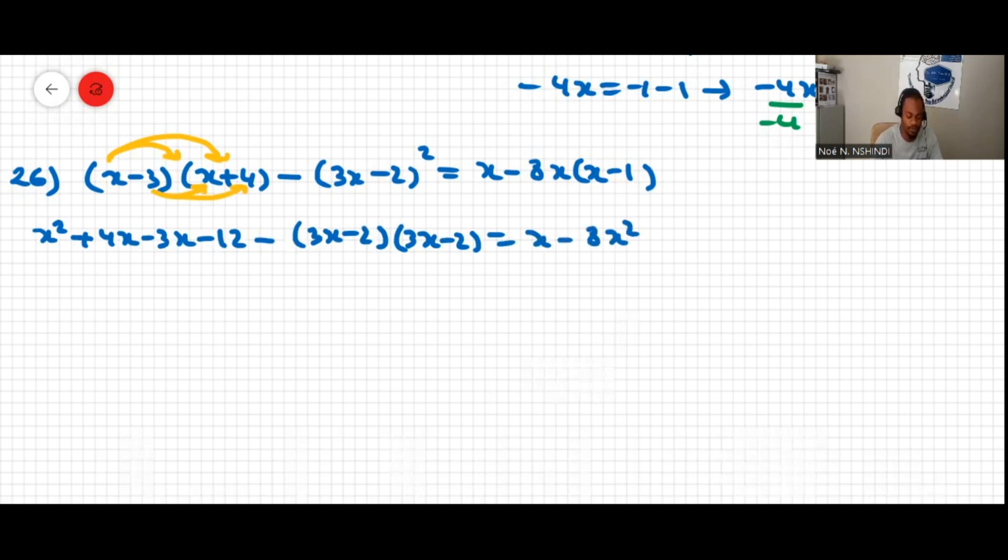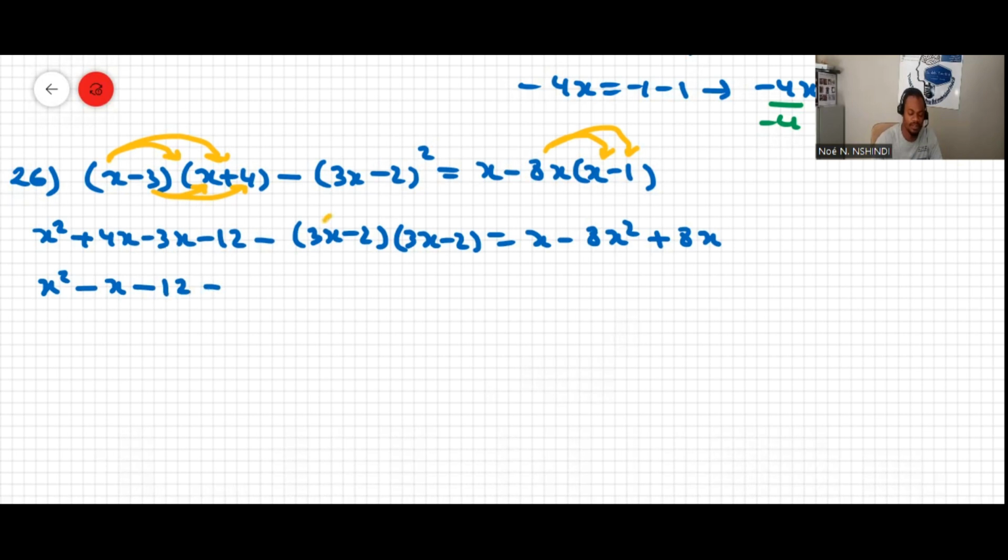Careful here, when we do that times that and that times that, this is going to be positive 8x. Okay, and then we can simplify here, x squared minus x minus 12 minus